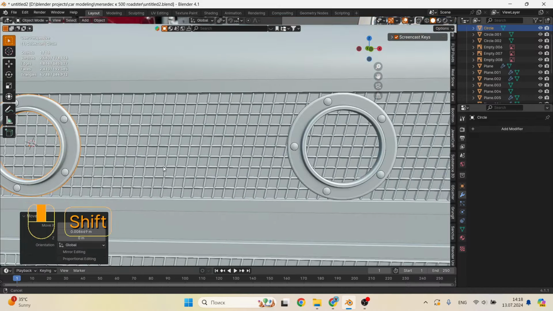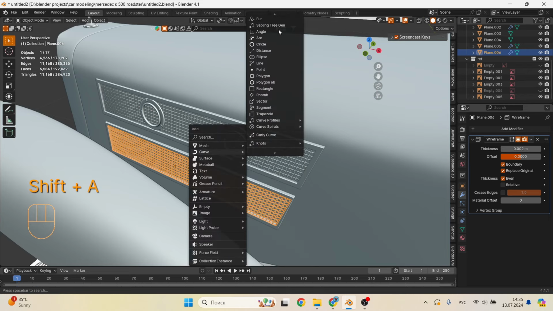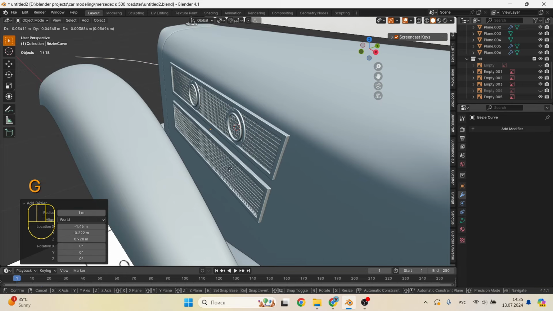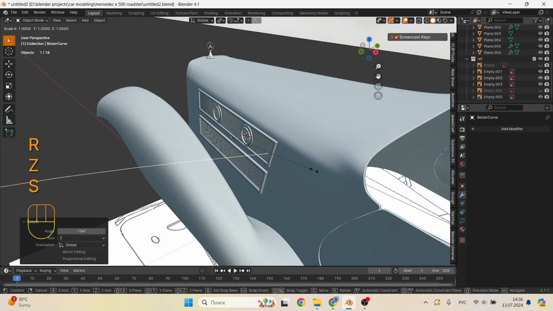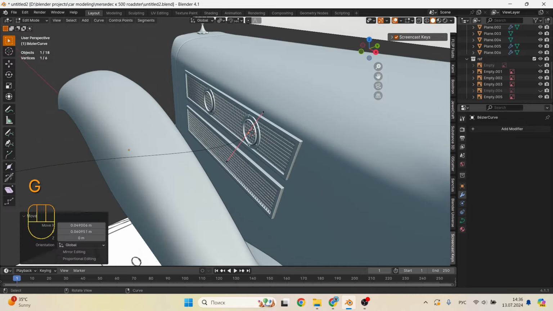Okay, we can move on to creating pipes. In this case, we will need a Bezier curve. Add it to the scene. Place its vertices as we want the pipe to pass through. Rotate the vertices as we need, this must be done manually.